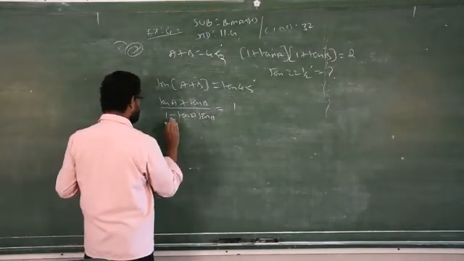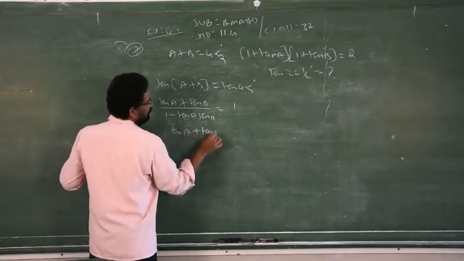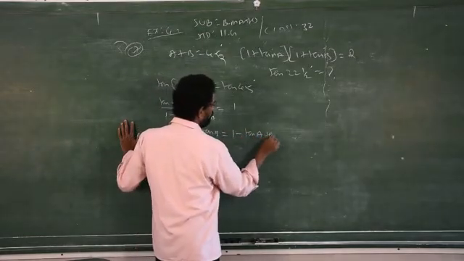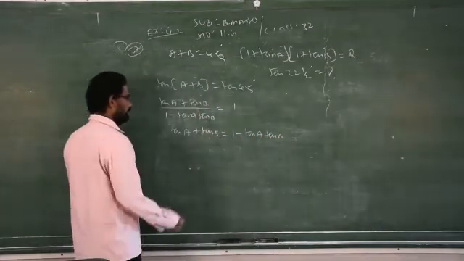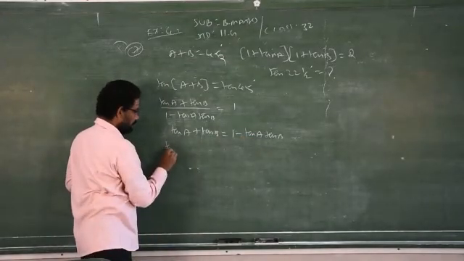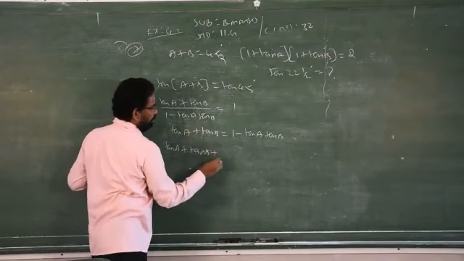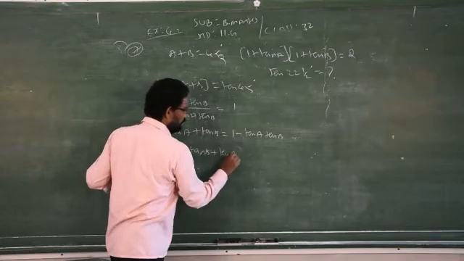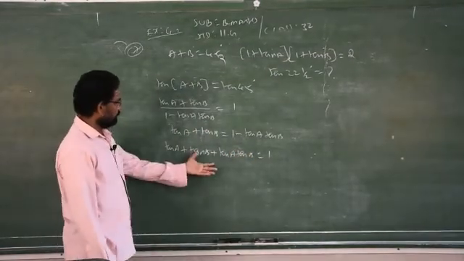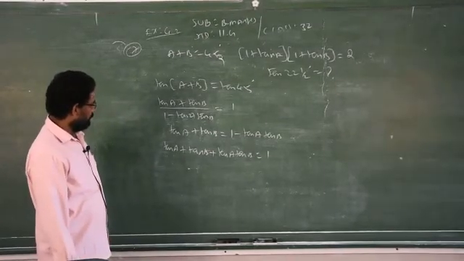Just you go for cross multiplication. Take the denominator of the left side to the right hand side. So tan A plus tan B is equal to 1 minus tan A tan B. Bring the tan A tan B term to the left side, you will get tan A plus tan B plus tan A tan B is equal to what? Here you are supposed to take any one as a common factor. So I cannot take common factor straight away.